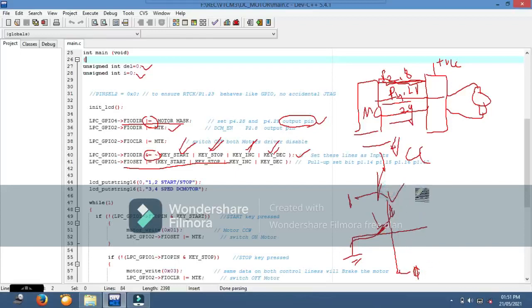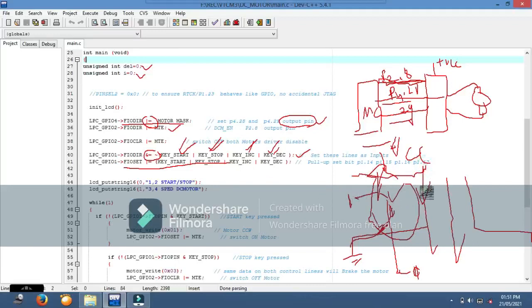Like that we have 4 keys, like this only. This is for 1 key. Like that we have 1 more key, 1 more key, and 1 more key. The enable transistor pins are P1.14, 1.15, 1.16 and 1.17.